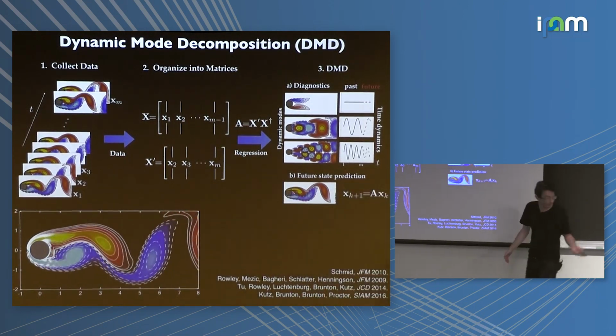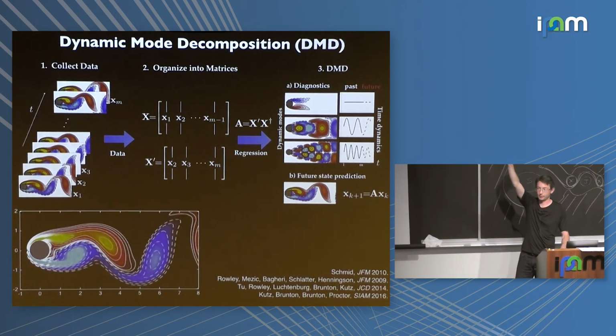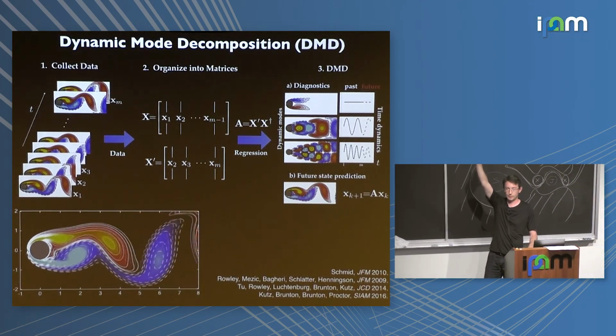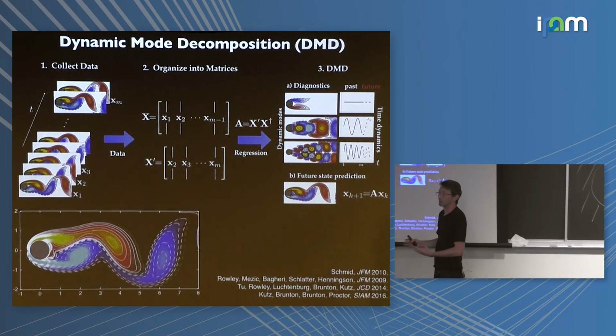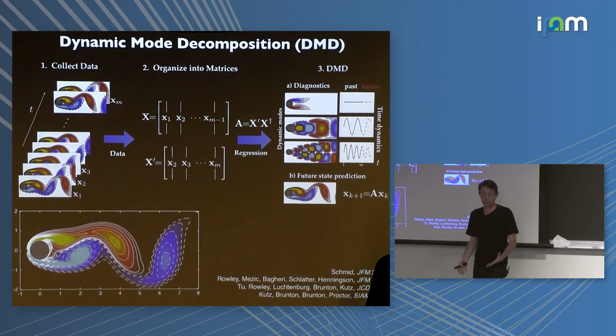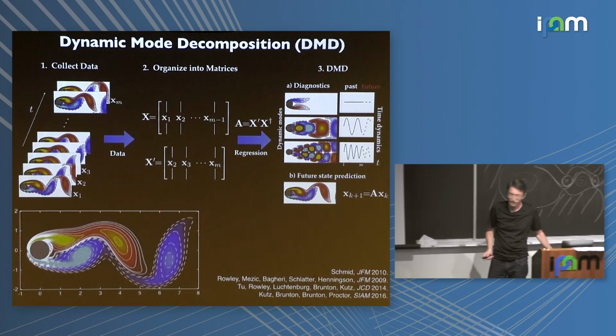So I'll walk you through what that looks like just a little bit. How many of you are pretty familiar with the singular value decomposition? The SVD, it's incredibly important. It's used everywhere. It's used for principal components analysis, dimensionality reduction. It's our go-to method for linear dimensionality reduction. Okay, and that's what we're going to use here.